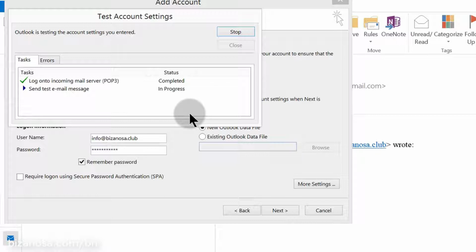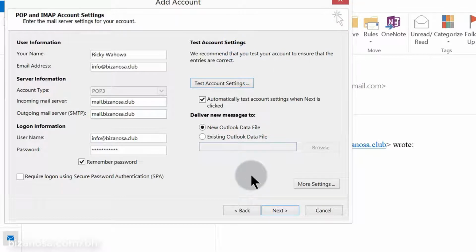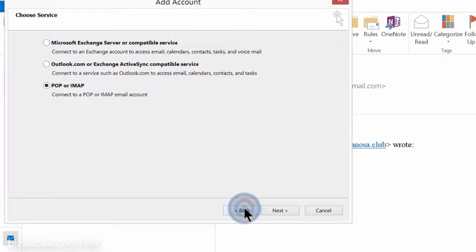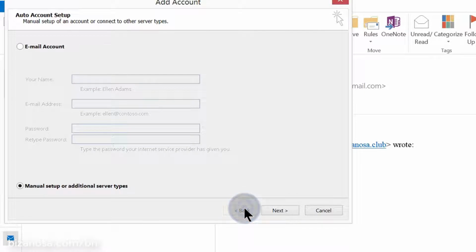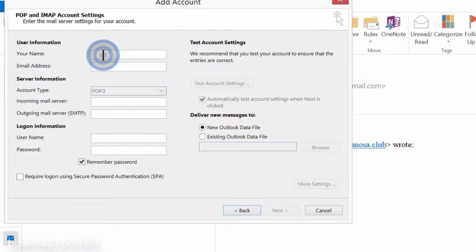So I want to do a simple recap just to show you how you can connect your account, because there has been a couple of hitches in this. Okay, so I'll go back. So this is the first step. When you decide to add another account, just come down here into manual setup or additional server types, and then click next, and then choose POP or IMAP. This is very important. And then next, and then add your name, and then your email address,